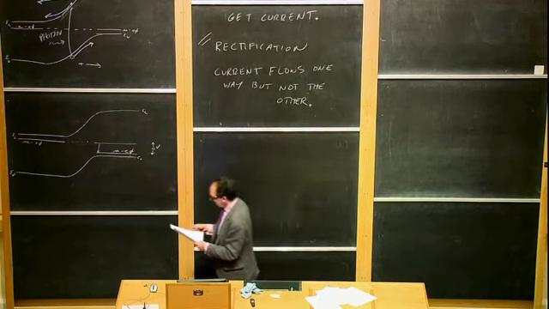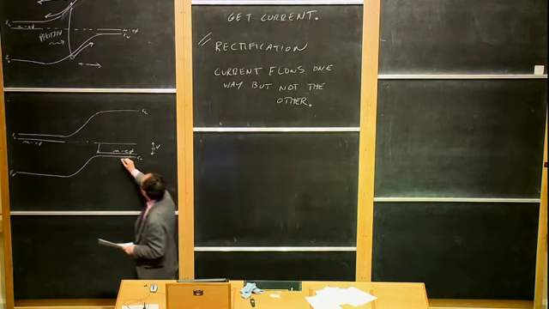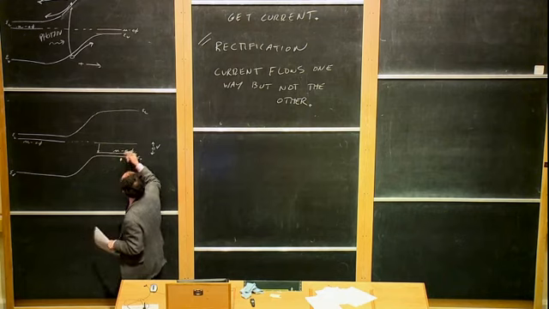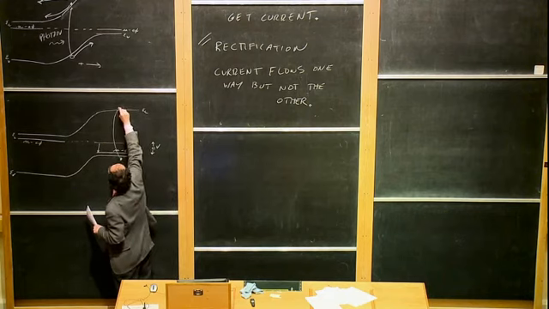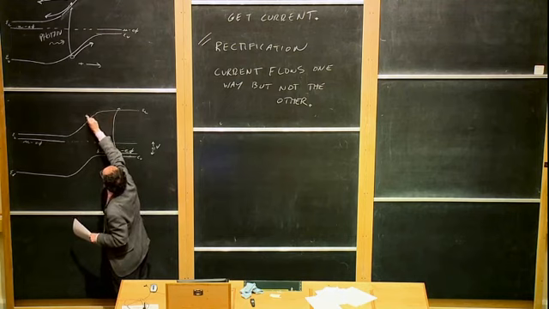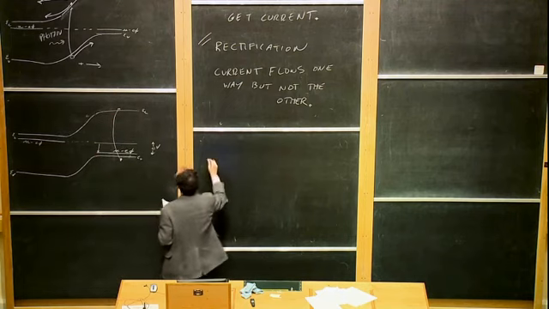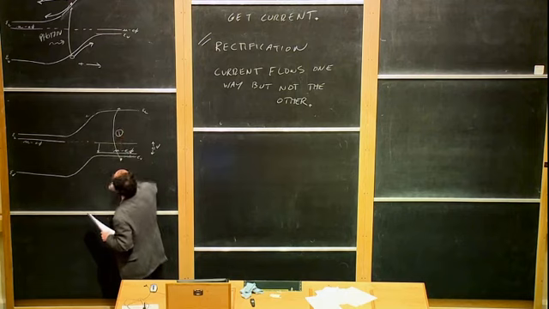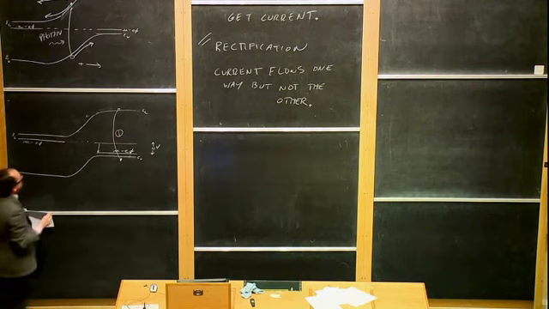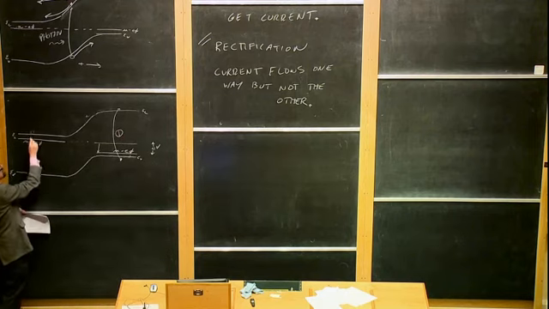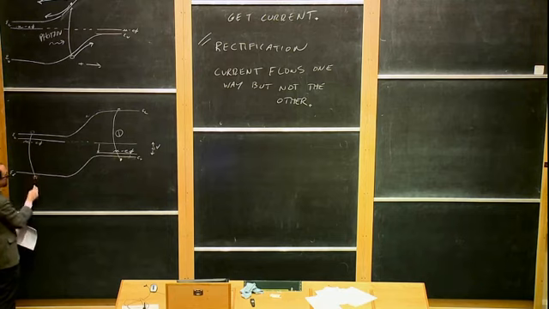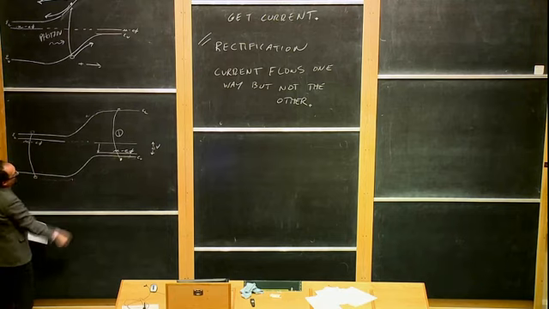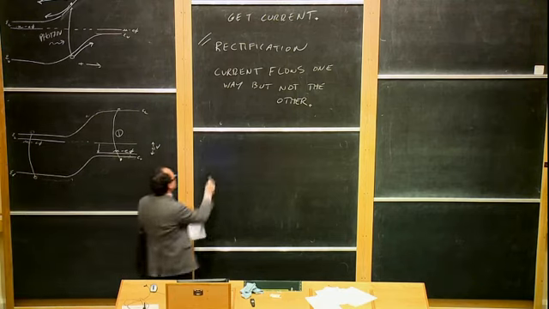Well, there are several ways you can get current. One way to get current, let's call this process 1, is that an electron in the valence band could get excited up to the conduction band and then eventually find its way down the hill. Okay, so let's call that process 1. And process 2 is sort of the reverse of that, which is the hole up in the conduction band could get excited down into the valence band, because remember, it requires positive energy to push a hole down into the valence band, and then find its way up the hill. So process 1 and 2,